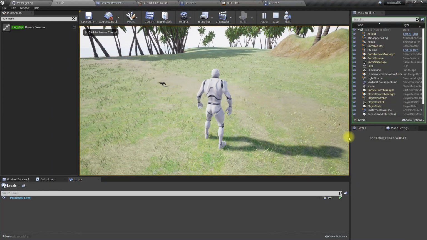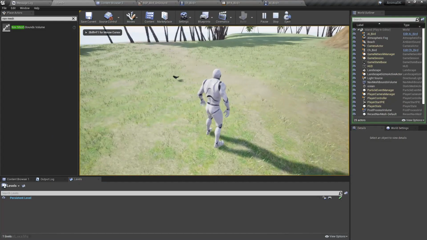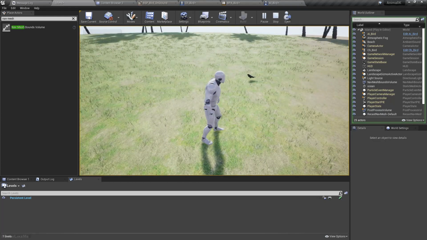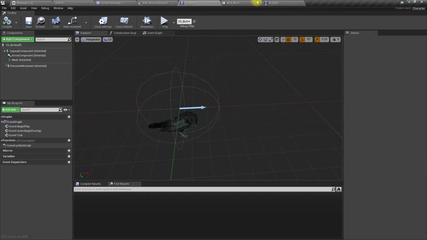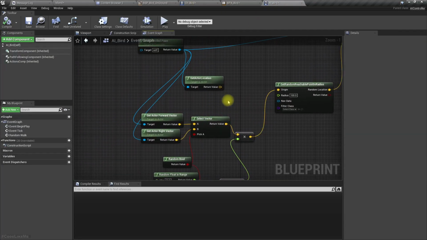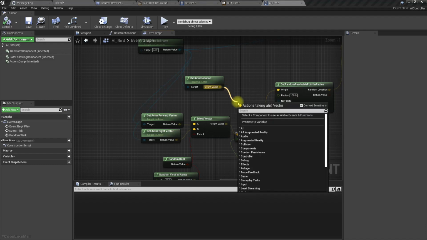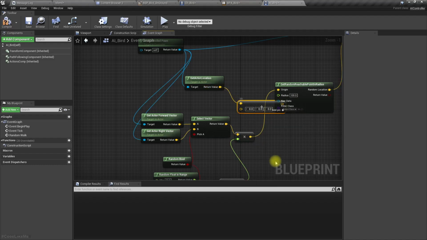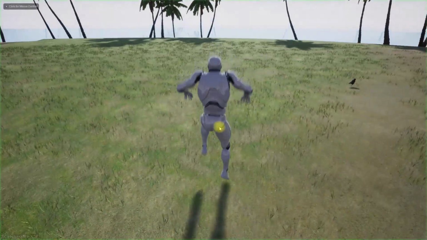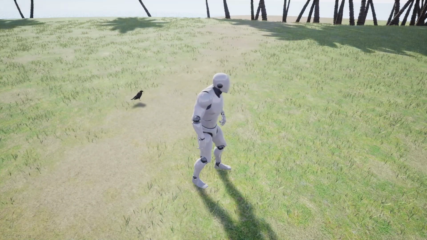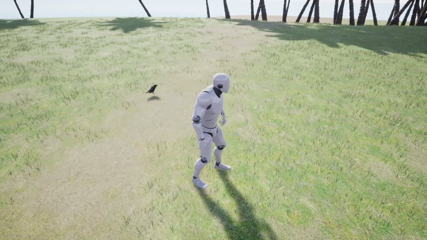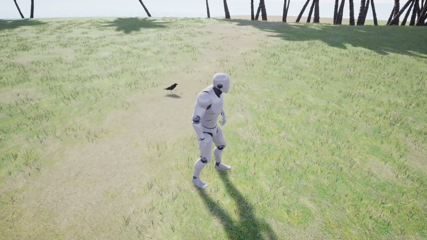Why not moving? Oh, sorry. We have to add this forward value to the current location, otherwise it will get something always around 0, 0, 0 location. Right. Okay, now it is working. Cool.